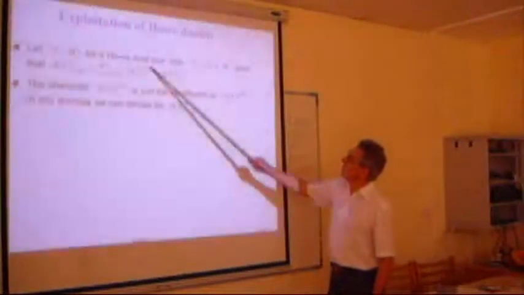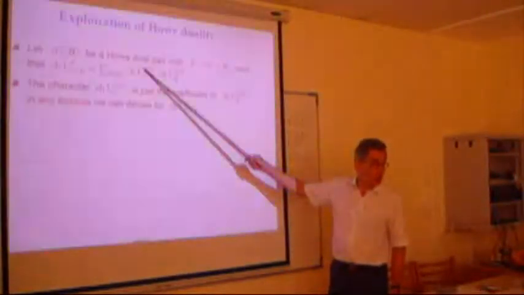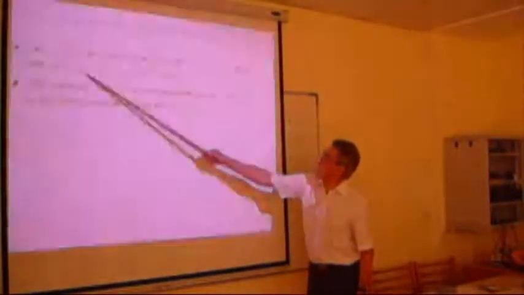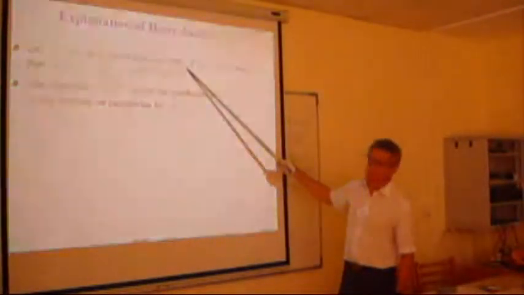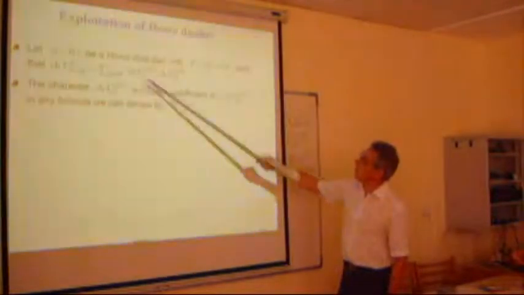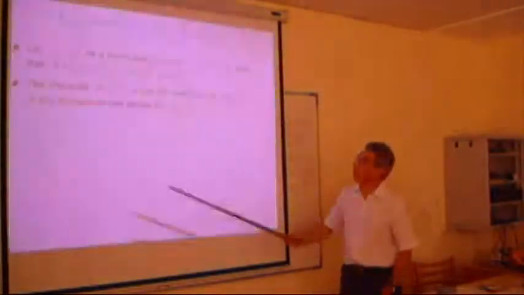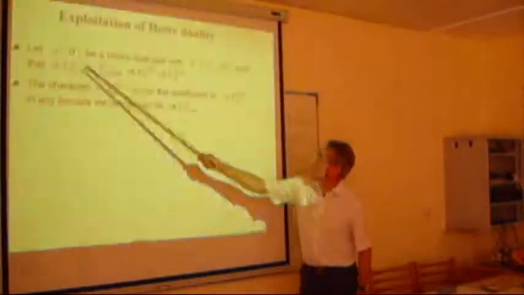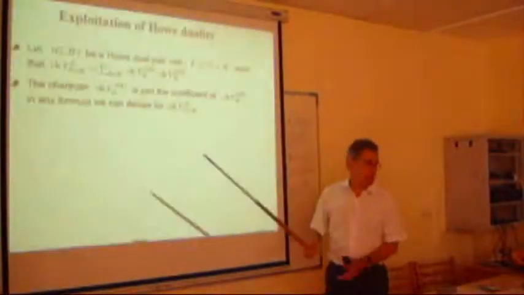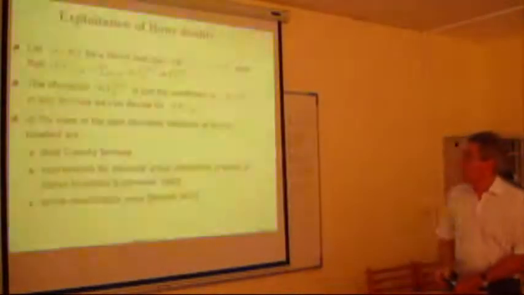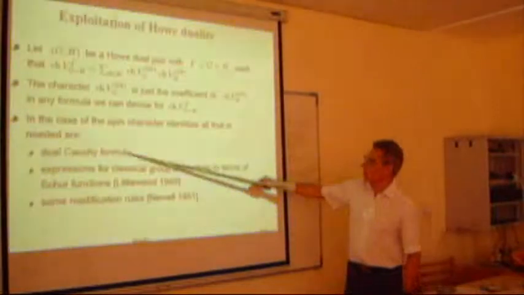If you don't know anything about this character, you can work out things about the character because it will be the coefficient of this partner. So if you can pick out this partner, you'll be able to evaluate this character. That's what you do. You work from the left, you evaluate that, you pick out the coefficients of these, which you seem to know, and that will give you information on these. Okay. And all you need for these spin character identities is the dual Cauchy formula,